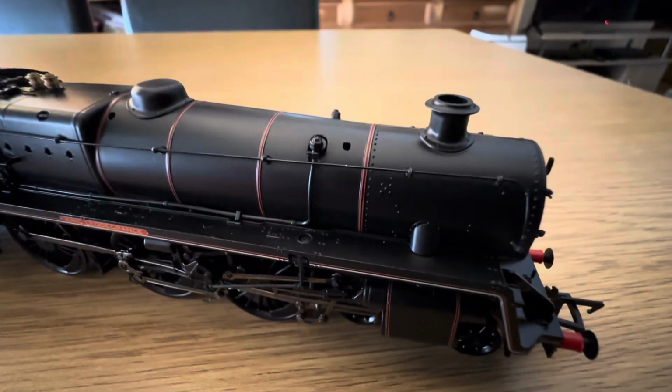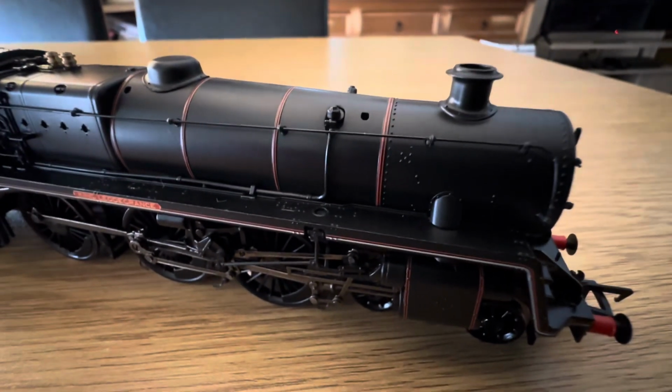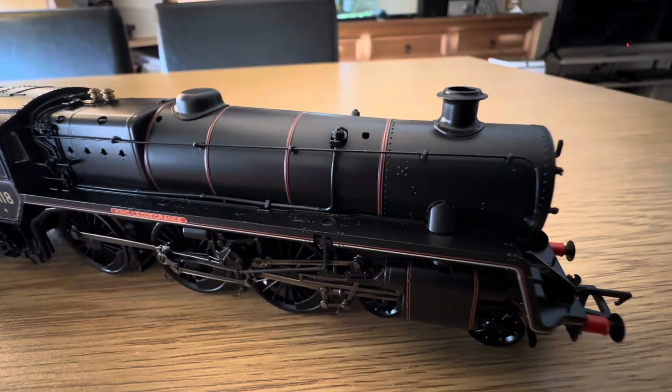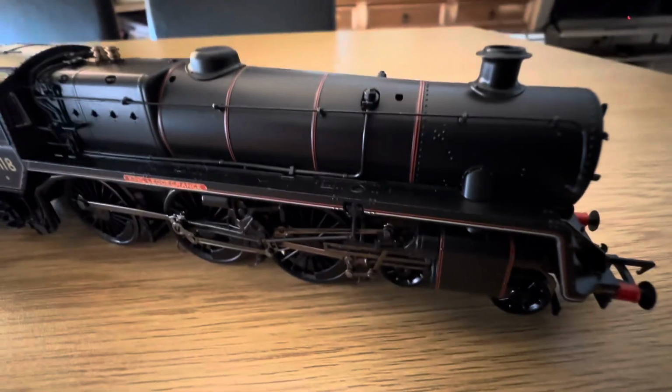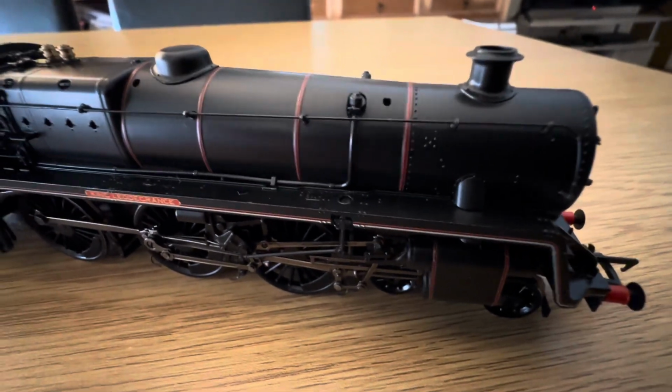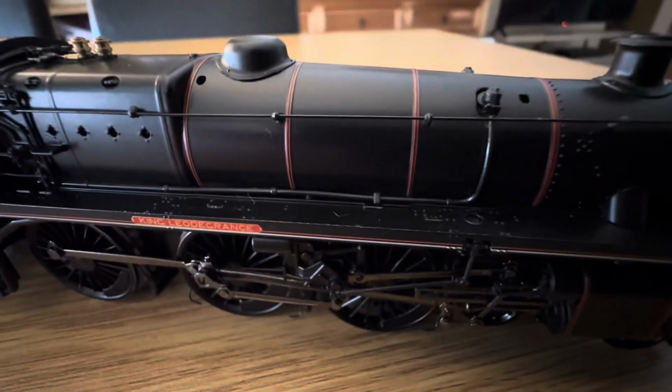Very handsome looking loco. Excuse me. Thank you for those that said bless you. So again, guys, it's got a lot of detail that's fitted,